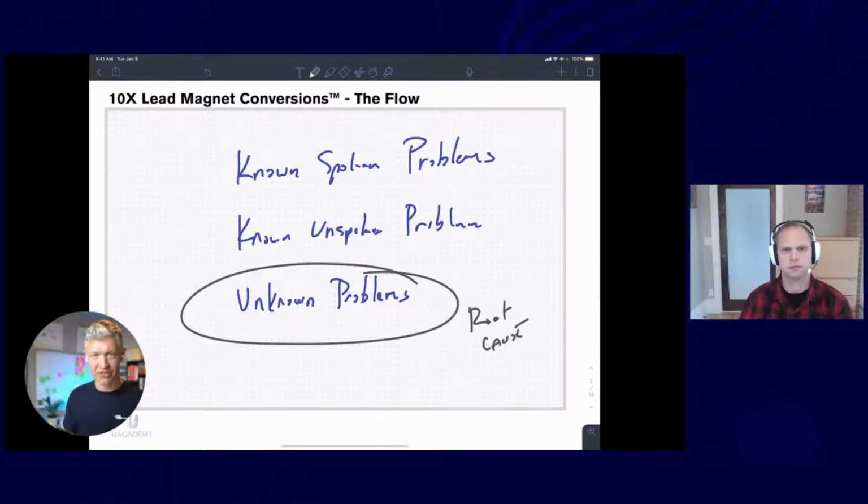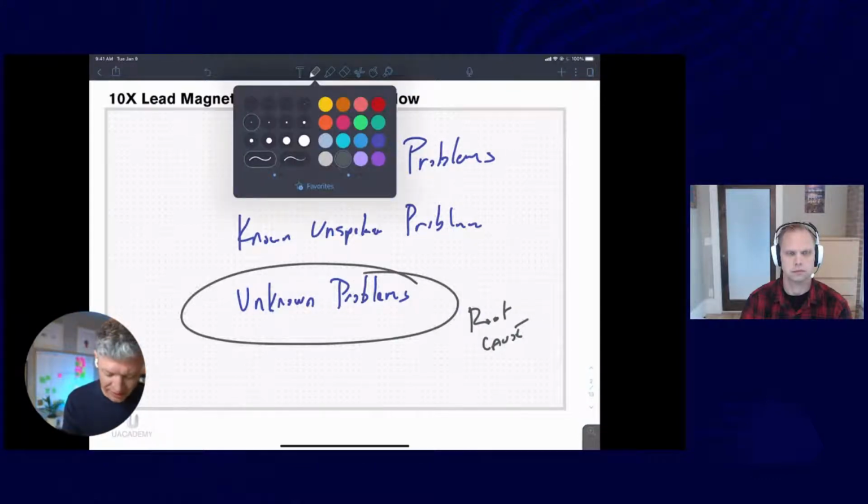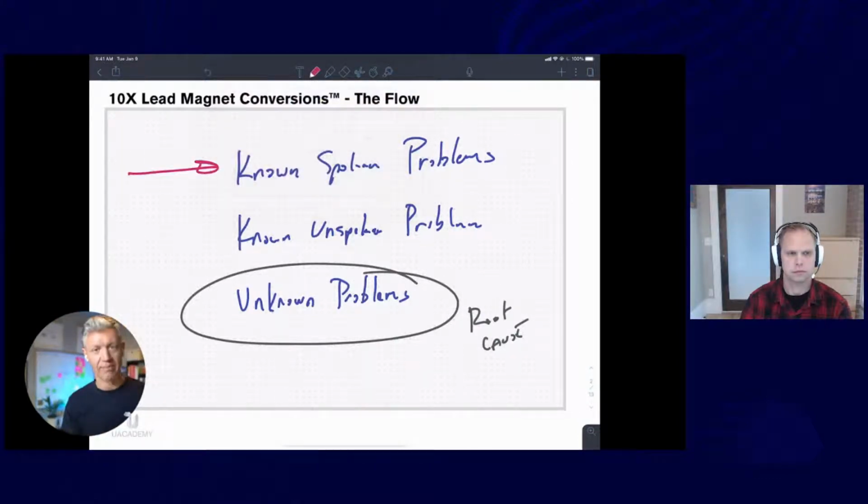It's good to think about this as we're creating a lead magnet, because what we want a lead magnet to do is play up here, in the conscious space of a client. We can use some of our copy to allude to the fact that something else is going on, and to talk a little about that known unspoken problem, but the lead magnet itself should have broad appeal. It should be top of mind, easy to understand, conscious,